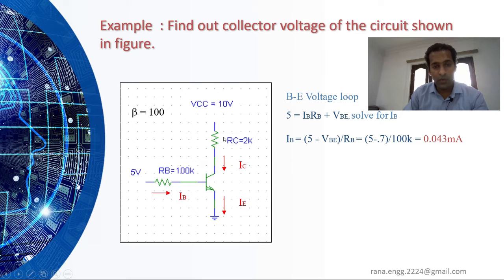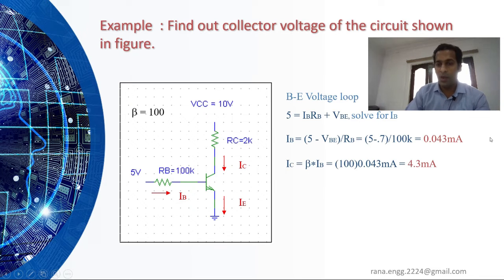But what we have to calculate? We have to calculate the output part. So we will apply KVL to the output part. Higher potential is at 10 volt. We have to reach ground. So we will start at 10 volt and we will go to ground, and whatever comes in between, this voltage will be divided. So first voltage drop will be across this resistor, and then there will be voltage drop across this particular terminal.